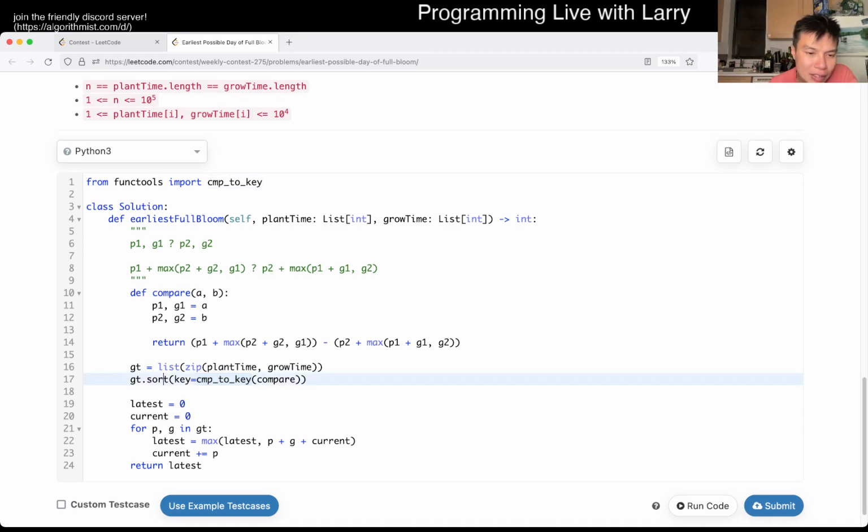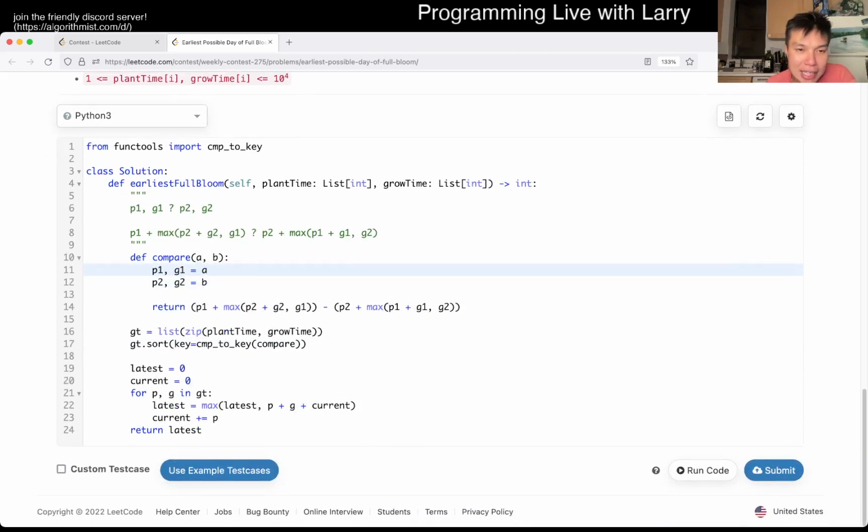But now that you sort it by this, here is a comparator, a comparison. Wow, my English is bad. It's this comparison between A and B, which is literally what we talked about. And then we just return this. You could return this in different ways, but either way, this is just a standard sorting thing, so that's what I'm used to. Oh yeah, and I zip it together so that I have it in one tuple. After we get the tuple, we just take it out. And after that it's just simulation, right?